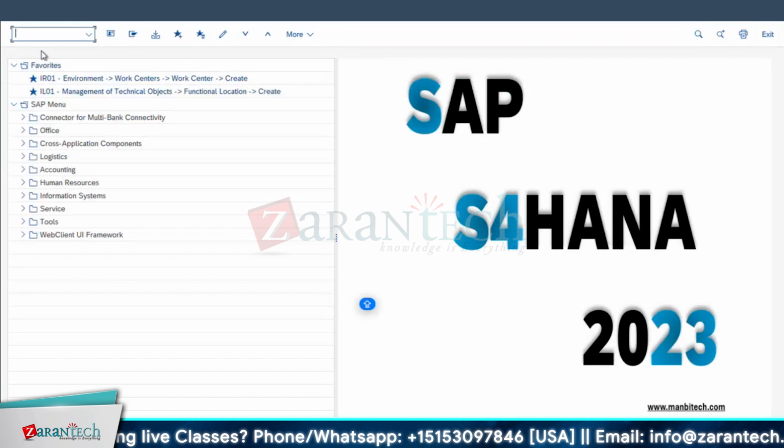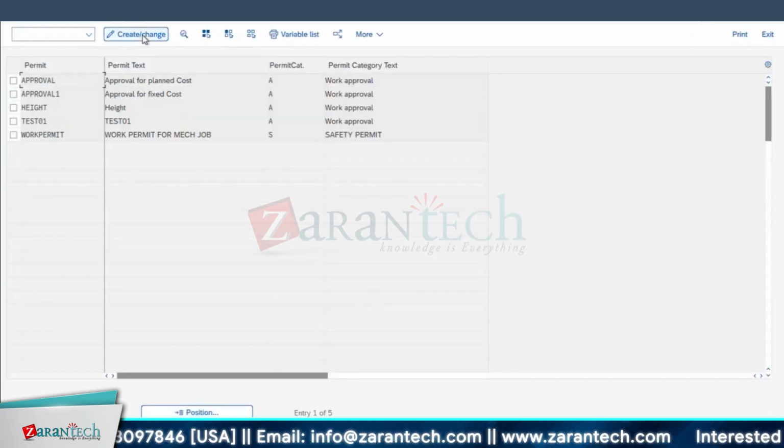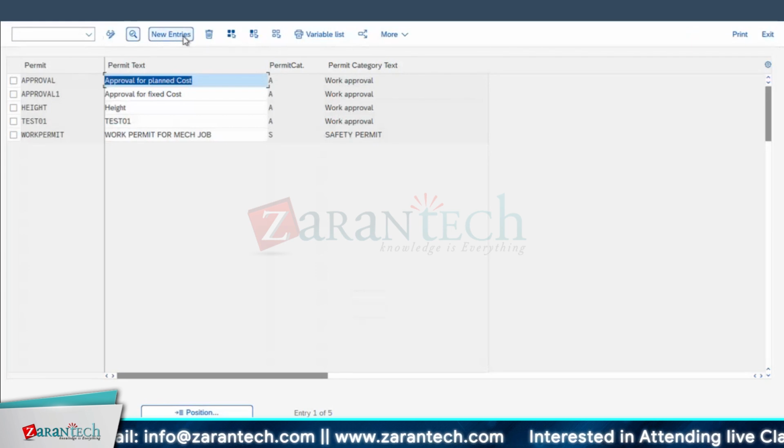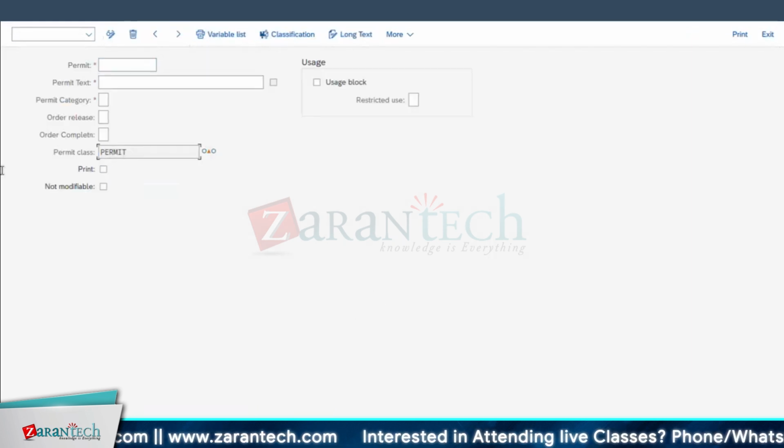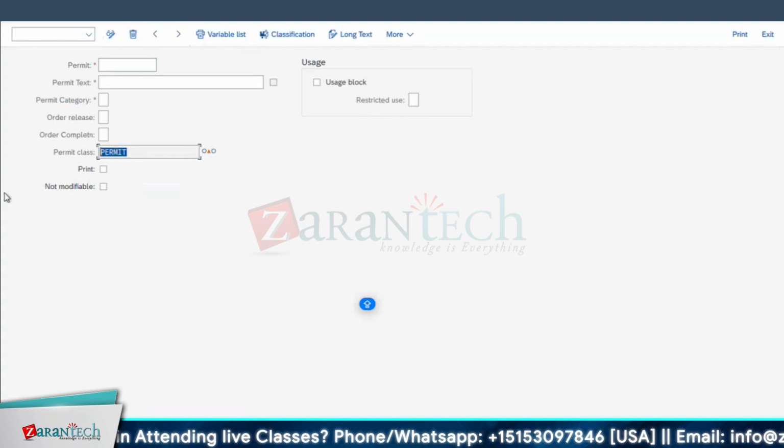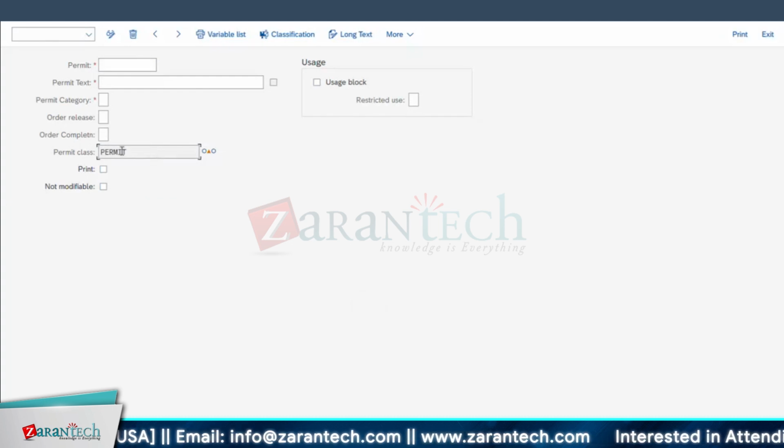Go for your IPMD. Okay, go for your create work change. Go for your new entries. See here, there is something called permit class. Under permit class, I have created the permit. Okay. But I'm dealing with estimated cost now. So I said we have to create our own class. Okay, but here it is grayed out. How I can change